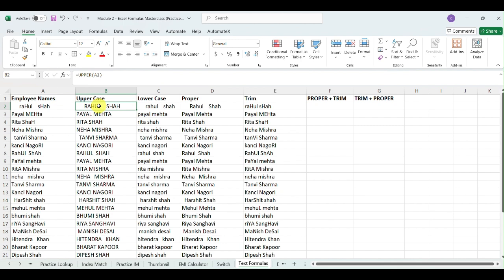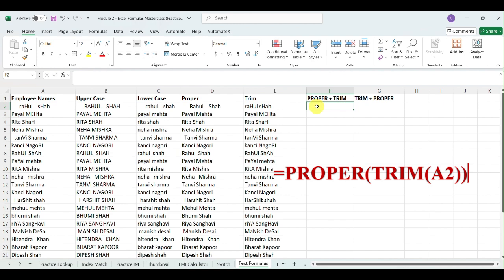So see here, we have two things. Proper has written it properly, but the proper formula was not dealing with the additional space. Second, the trim formula has trimmed the additional space, but it is not dealing with the proper writing of these words, the combination of capital and small letters. Now here the magic comes. Go for the combination of